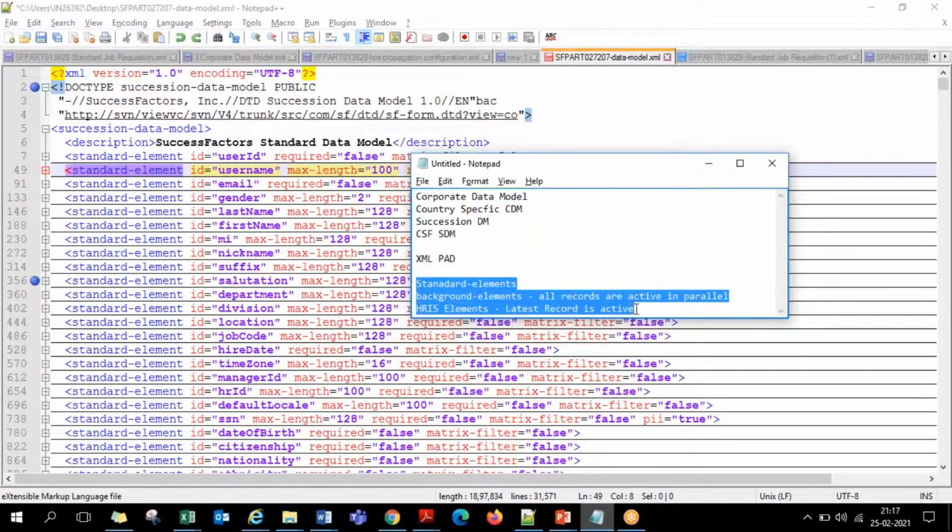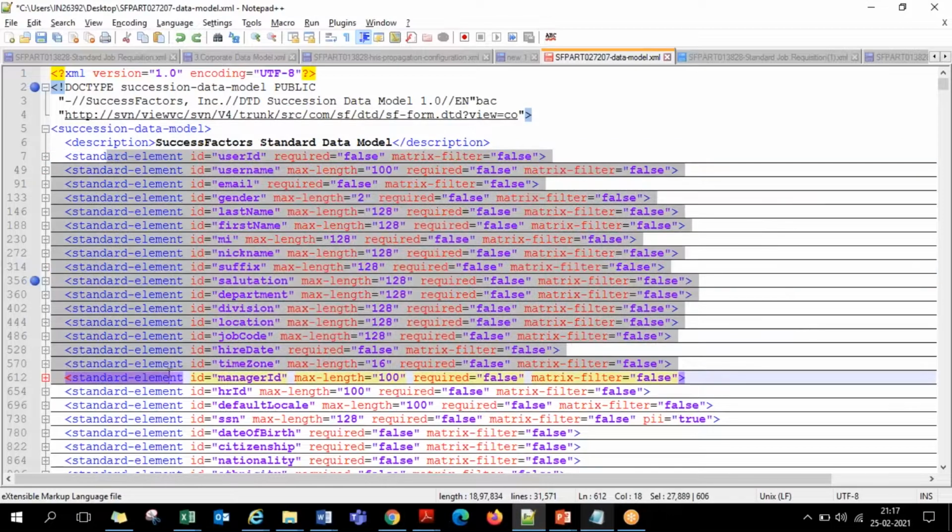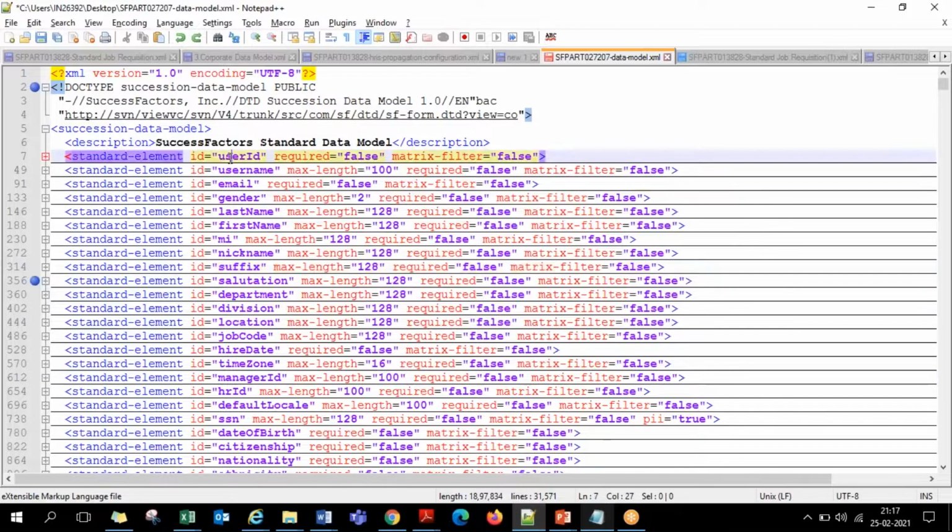Standard elements are the ones appearing in the initial part of the XML. These are all the individual field definitions: user ID, username, first name, last name, gender, like this, all these basic mini master data fields that we use in the basic import file to load and create the users in the system. The fields that come up in that file are basically seen in these initial standard elements.